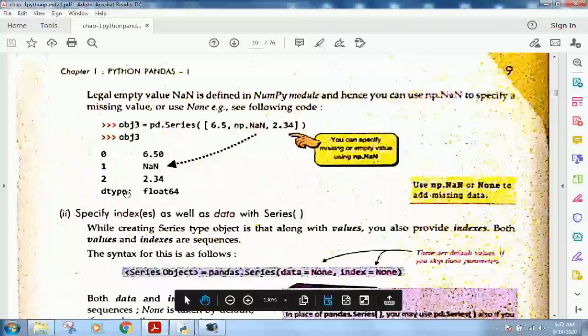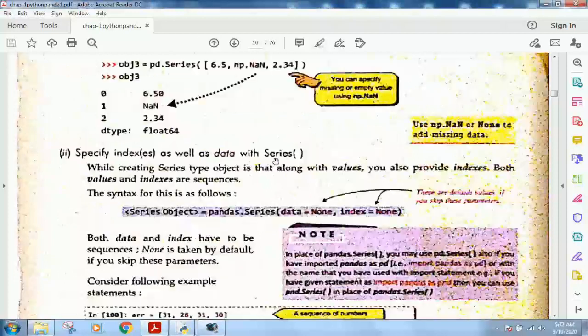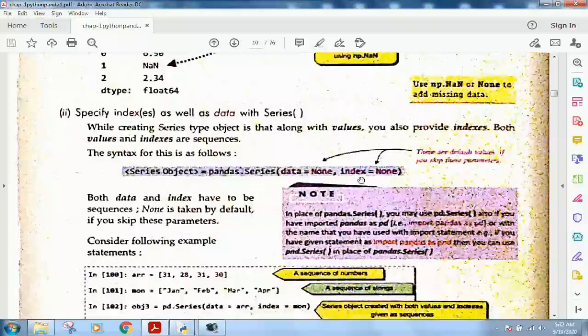The second thing is that you can specify the index as well as data with the series. While creating a series, data and index are the two values which are required. Data and index both have default value None, and these require sequences for their working.